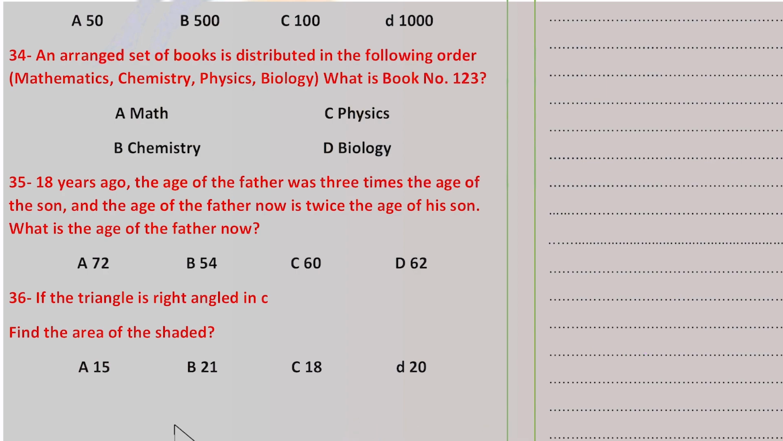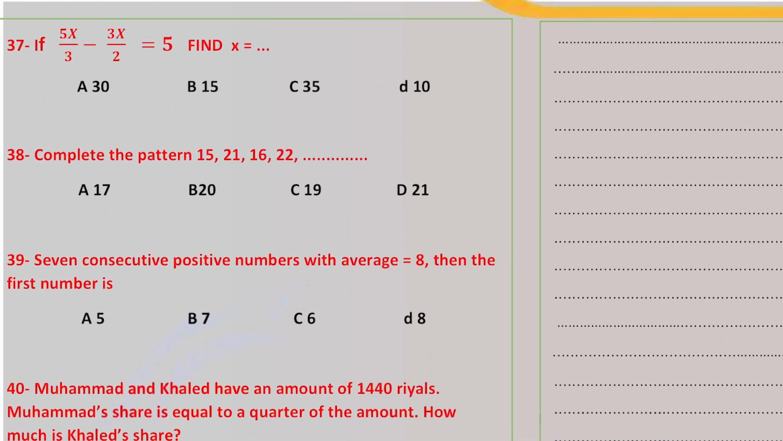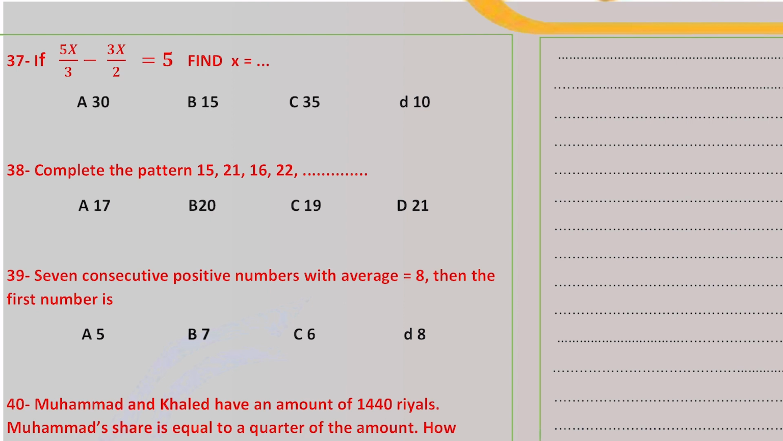Question number 37. If 5x over 3 minus 3x over 2 equals 5, find the value of x. I prefer to have the same denominator. We should have the same denominator. So here I will multiply by 2, and here I multiply by 2. Here we will multiply by 3, multiply by 3. So the fractions will be